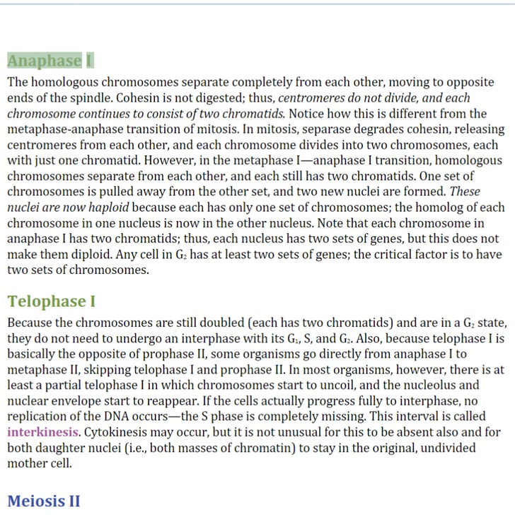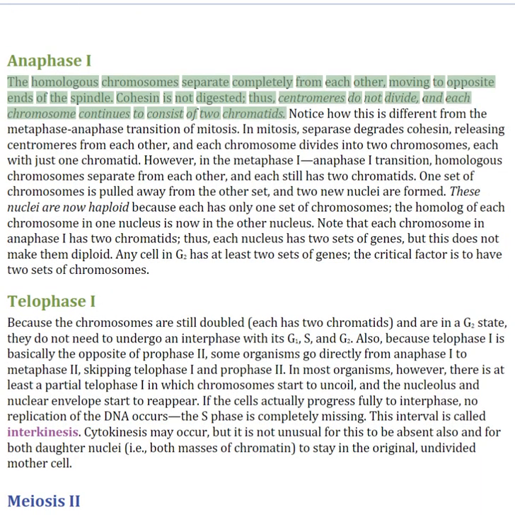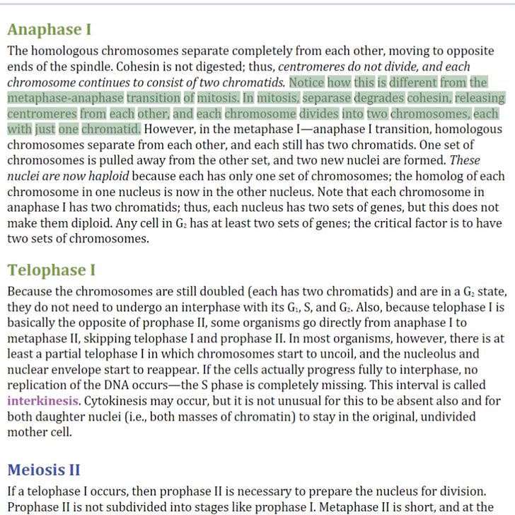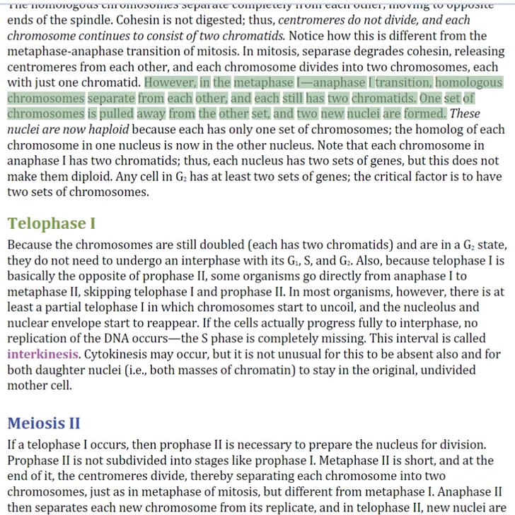Anaphase I. The homologous chromosomes separate completely from each other, moving to opposite ends of the spindle. Cohesin is not digested, thus, centromeres do not divide, and each chromosome continues to consist of 2 chromatids. Notice how this is different from the metaphase-anaphase transition of mitosis. In mitosis, separase degrades cohesin, releasing centromeres from each other, and each chromosome divides into 2 chromosomes, each with just 1 chromatid. However, in the metaphase I, anaphase I transition, homologous chromosomes separate from each other, and each still has